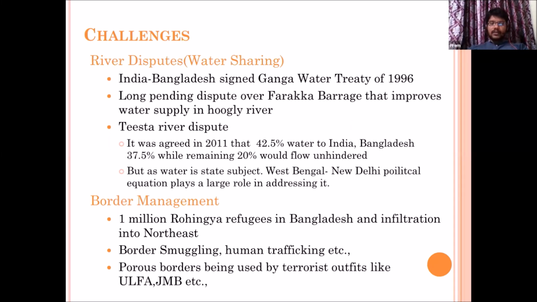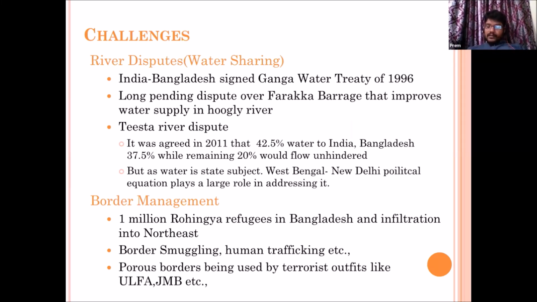Rivers form a very crucial part between India and Bangladesh. It is said that around 48 rivers flow between India and Bangladesh, which includes all the tributaries. Like Ganga has various tributaries like Hooghly, and Brahmaputra has many tributaries. Some rivers flow from Tripura and Meghalaya, like the Barak River. So combining all this, it is estimated at about 48 rivers. So imagine what kind of impact it will have.